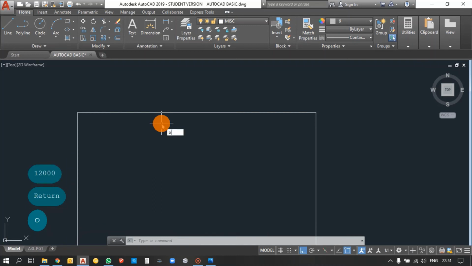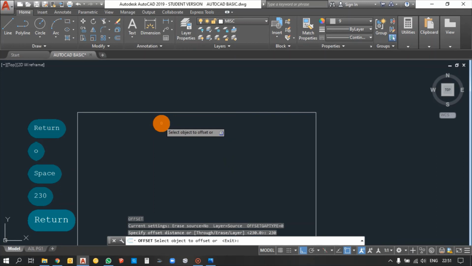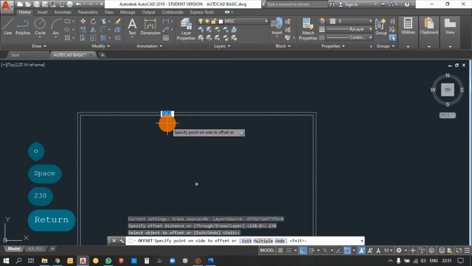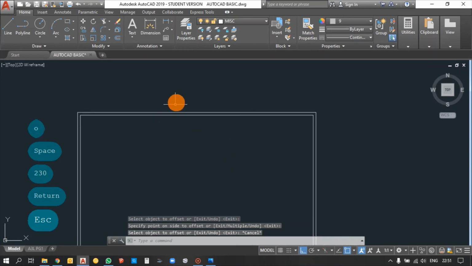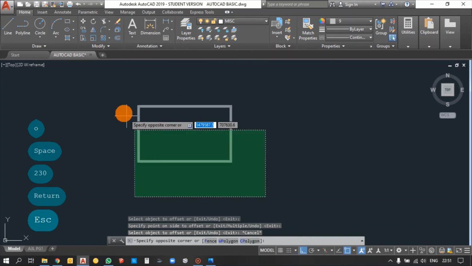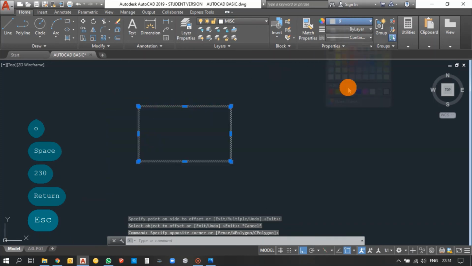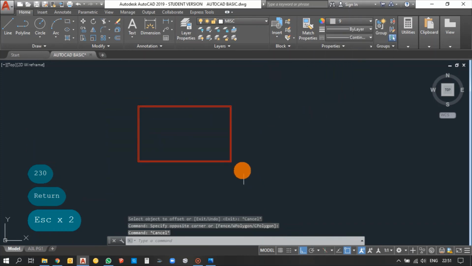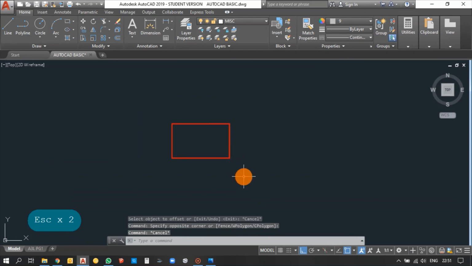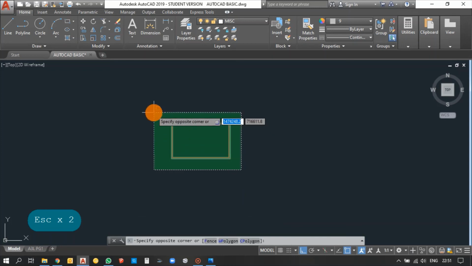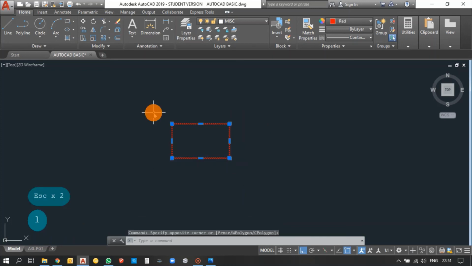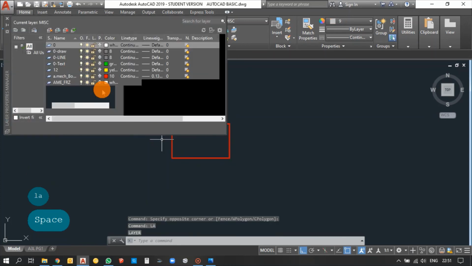So go for offset. So it is 230 mm. Select the offset distance and side. So my roof has been created now. So change the color. And one more thing is layer, quite important in AutoCAD. So just select the object and type LA, enter. So it is layer.